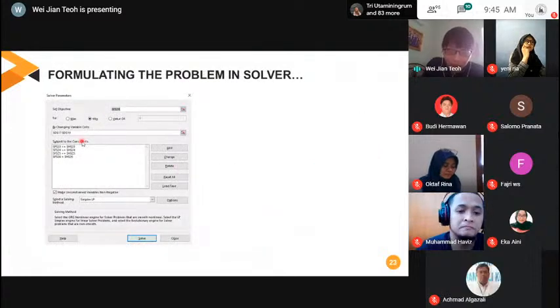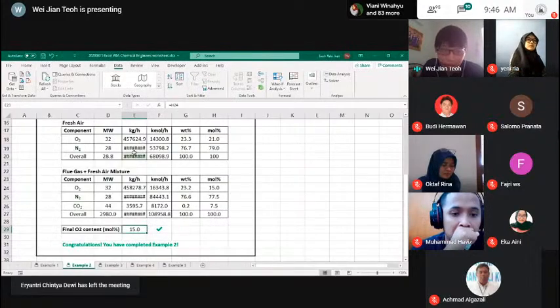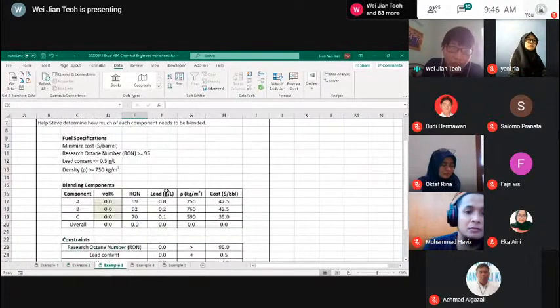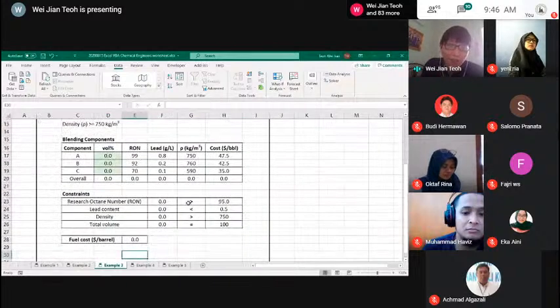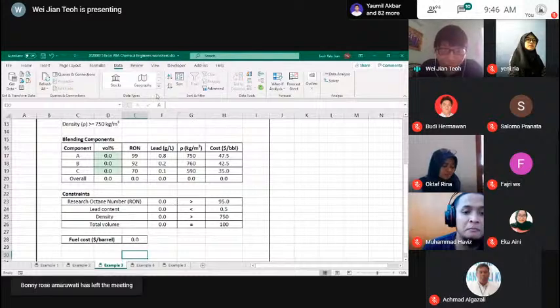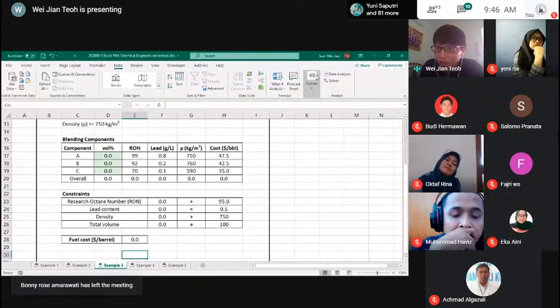So let me show you in Excel because it's quite difficult to see in the slide here. So let me go back to my Excel here and I go to example 3. Okay, so you can see I have the problem here. I have helped you to make the calculations as well, so it's much easier to see from here. So what I'm going to do is click on Solver, just beside the What-If Analysis.